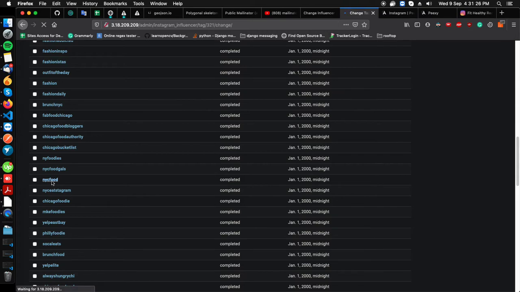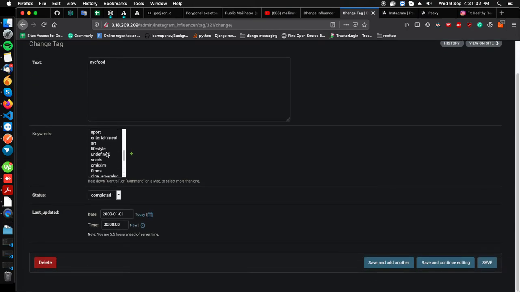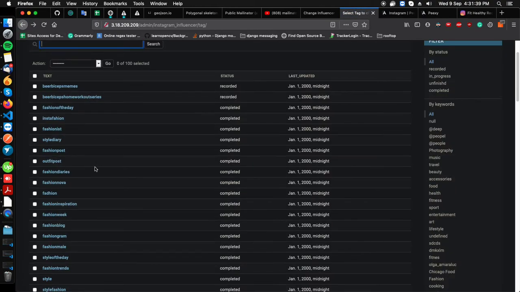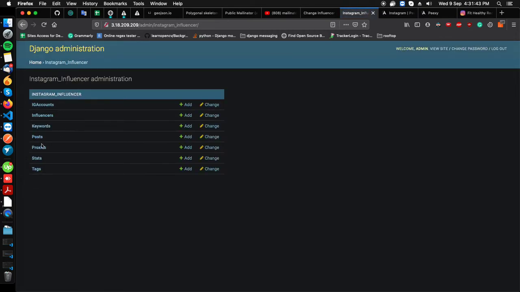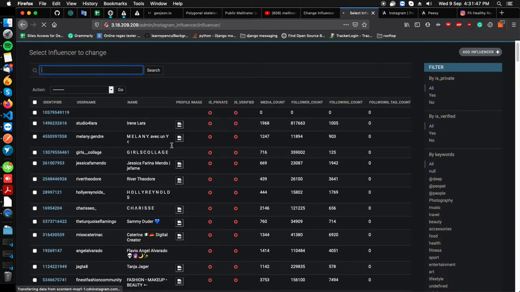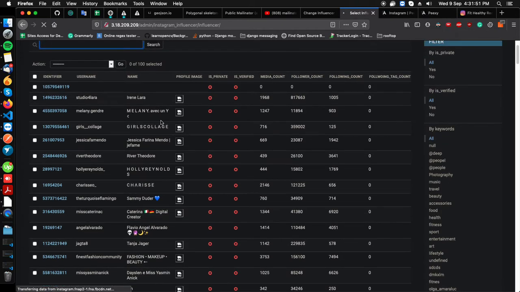Like if you see seafood, this is the text of the keyword, and these are the keywords that it had in it, and the influencer data. After processing the keyword, we have influencer data as well. These are the influencer profiles that have been scraped and stored.